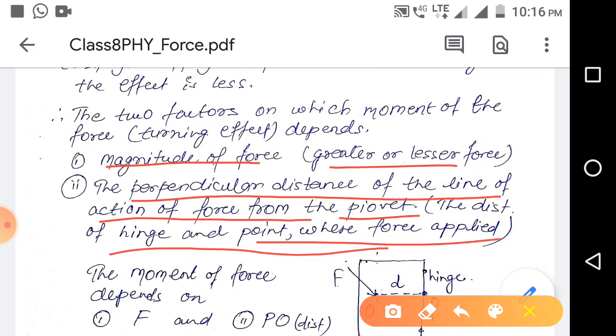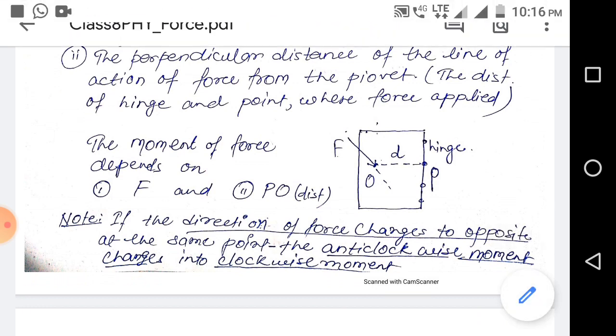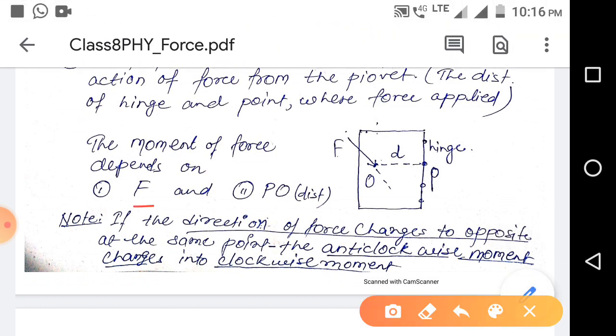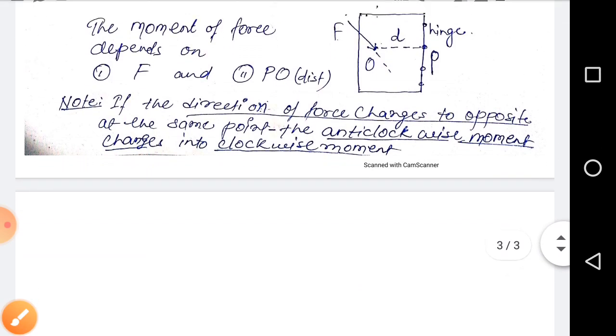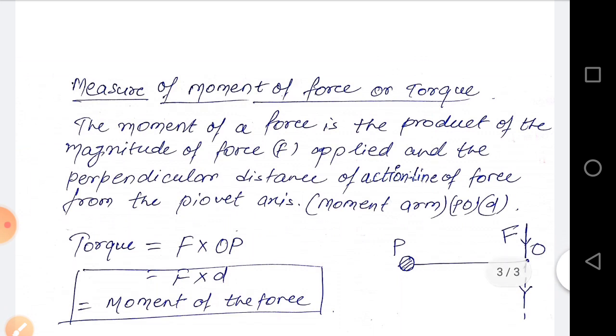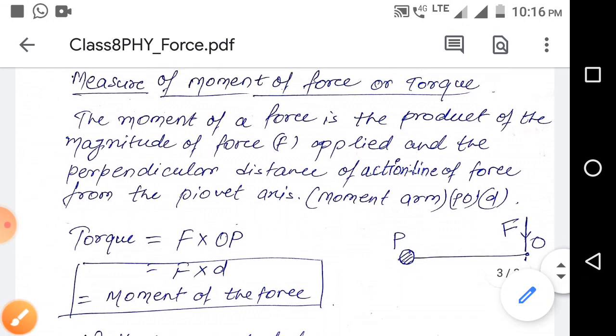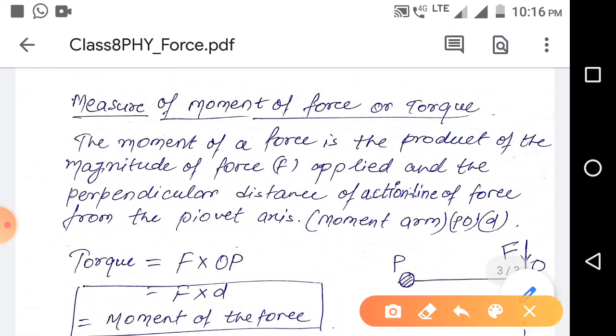So see, this is the figure, and you can understand that the moment of force depends on F, that is the force applied here, and this is the distance, the perpendicular distance OP. So to measure the moment of force, we use this formula. As the moment of force, that is the turning effect, depends on two factors,